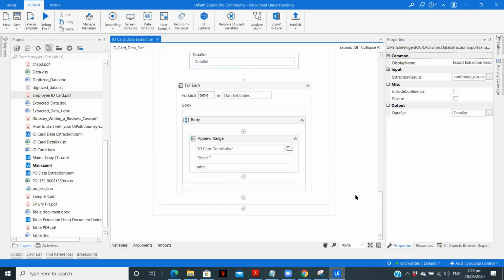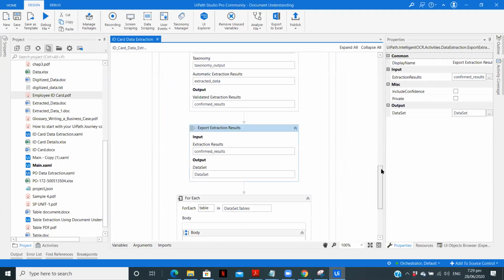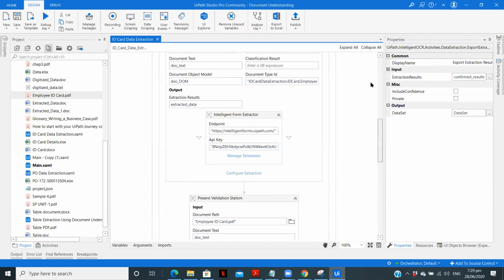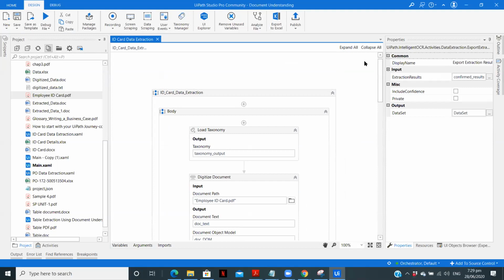After getting the data set, I am running a loop where I'm entering the data into the ID card details Excel file. These are all the steps we need to perform. The main reason or the main use case of making this video is that when you can't directly select a field, you can use custom area selection, which will help you get the data from that particular field.